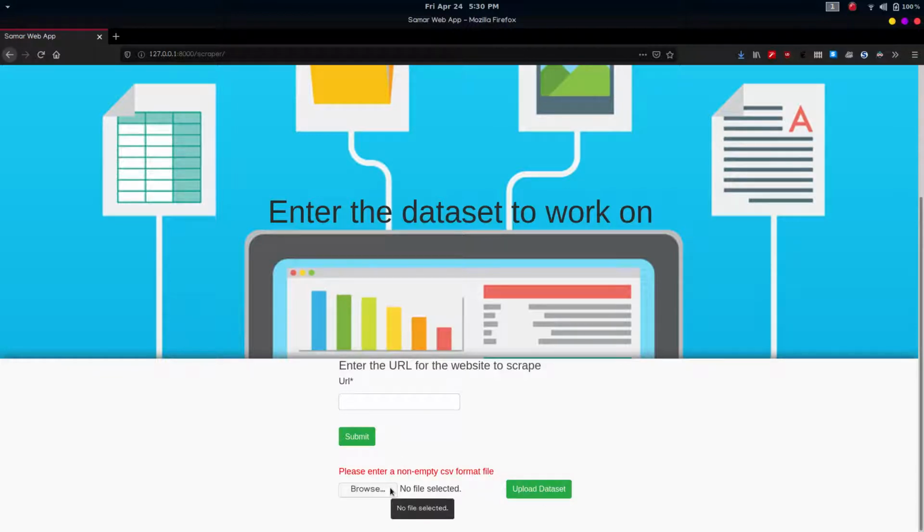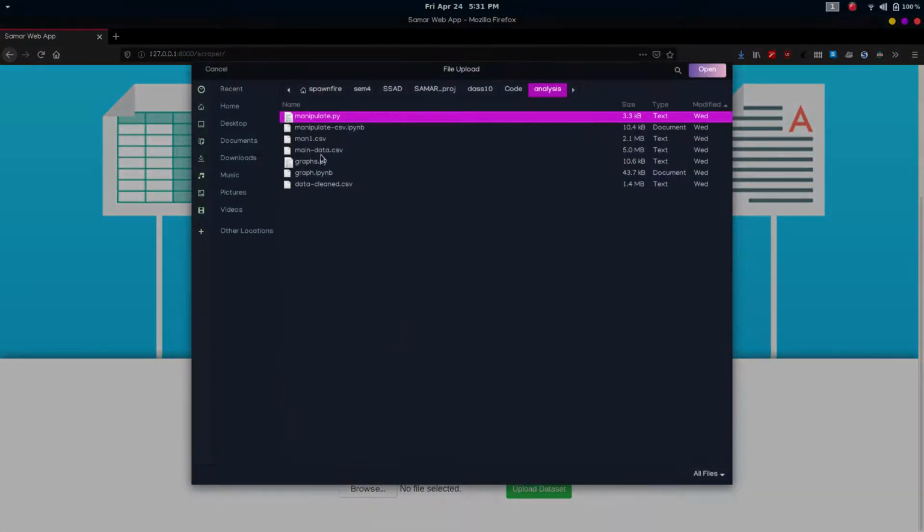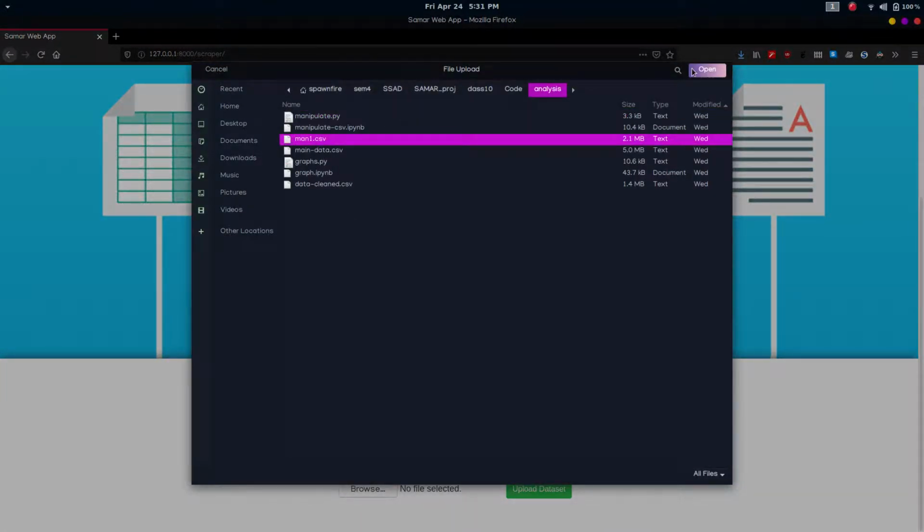You can also not enter any empty CSV files, as the files will be checked for it, and if empty, you shall be prompted with an error message again to enter a non-empty CSV format file. So let us now move forward with a CSV format file.